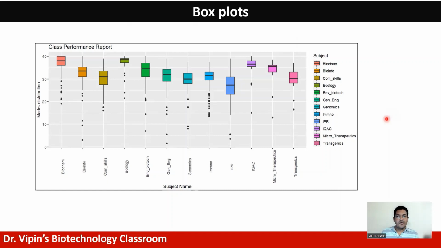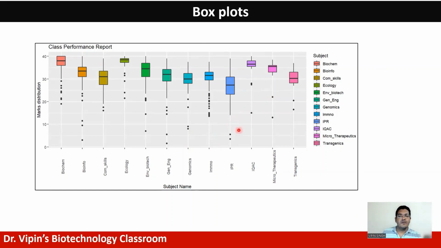So welcome back to lecture number 12 in the R series. This is the second of the advanced lectures, and today we discuss again ggplot2, and the type of plot we're discussing today is the box plot, right? So this is a typical representation of a box plot data for performance of students in various subjects in a